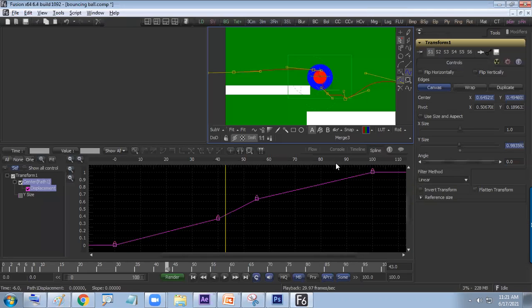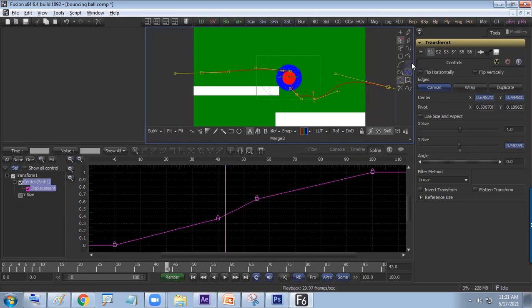Is it okay now? So hope we have seen on screen, if a position animation is done, then a path will be generated, and that path could be controlled by the special tools which will be operating on the viewport only. And out of that, one or two options you got to know, and you have seen how to control them. So Control A is to select all, and Shift S to make all the nodes smooth, and Shift L to make all the nodes linear, S and L. So these two buttons are clear, select all and smooth and linear buttons also clear. So animation can be controlled through this option.